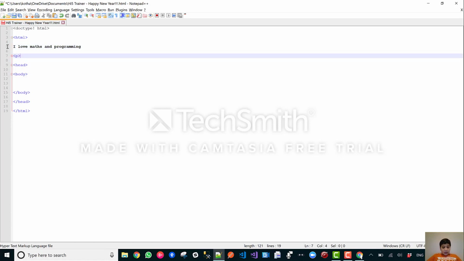So let's put I love in the P tag, and after that let's put the mark tag. What the mark tag actually does is highlight the text. So let's put maths in there, then slash mark, and then let's put and over there, and then let's open the mark again, and then put programming, and then slash mark,